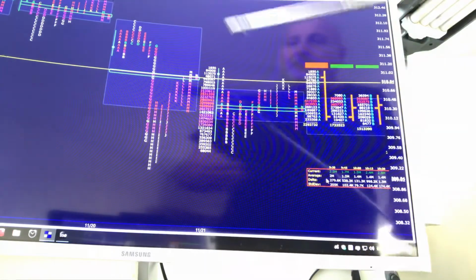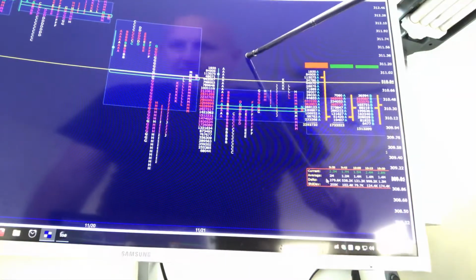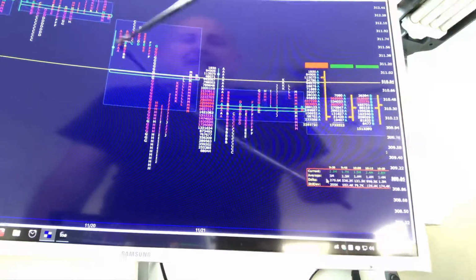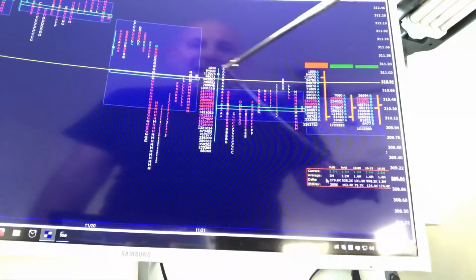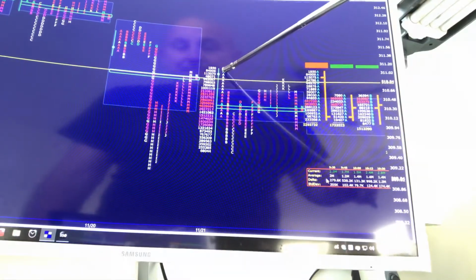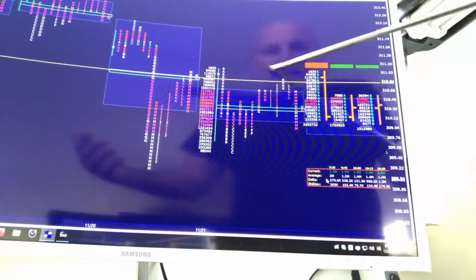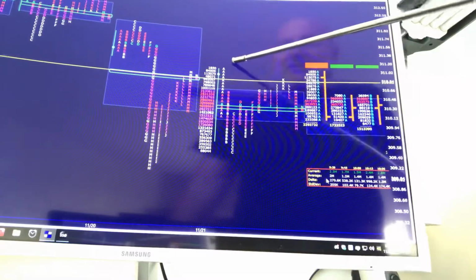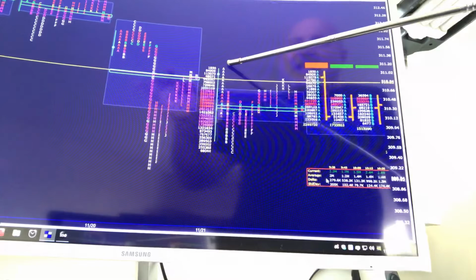Today's day 3. I'd feel more comfortable if we were to gap higher in the next hour, fill the gap, and open in the upper distribution, because then at least the trend day is gone and I'd have the gap to lean on. If we get accepted back in, I'm out. Or maybe K's high, I'd be out. But if we're to open at the upper end and then come out of the inside day to the upside, I don't think I'll jump on board first. They're going to have to give me